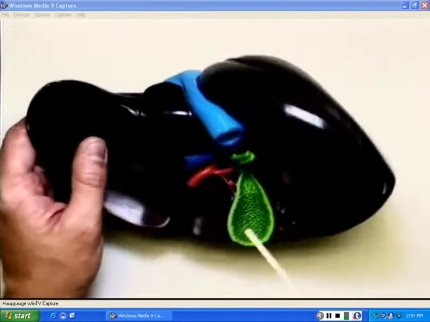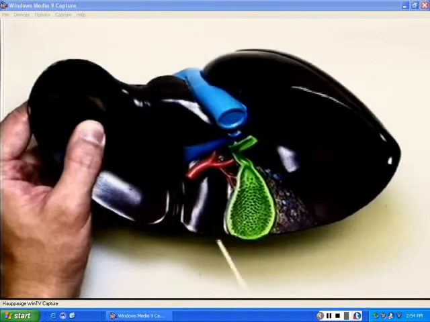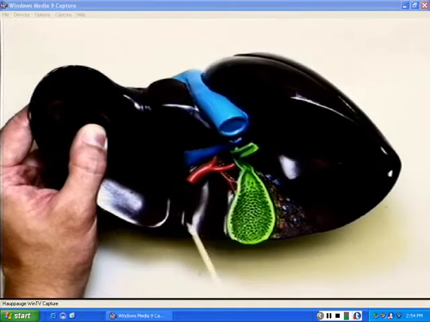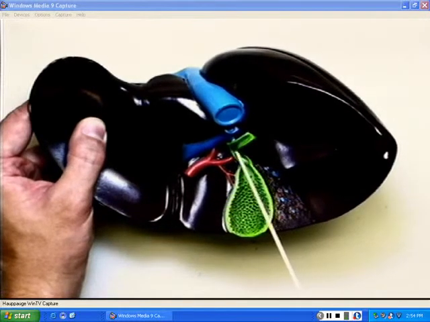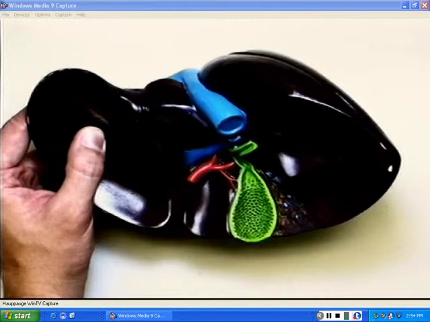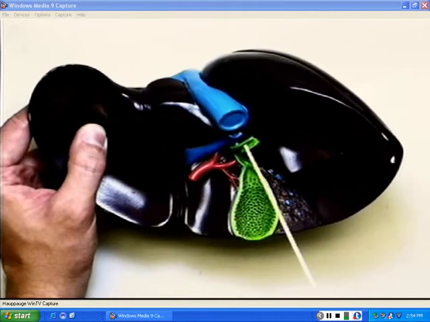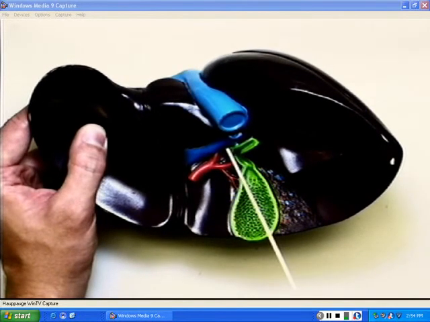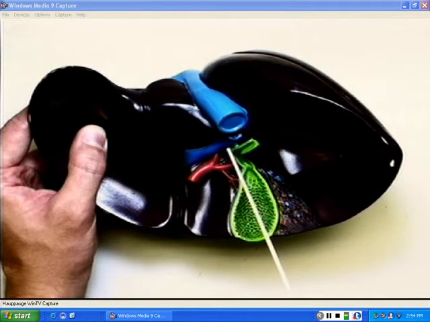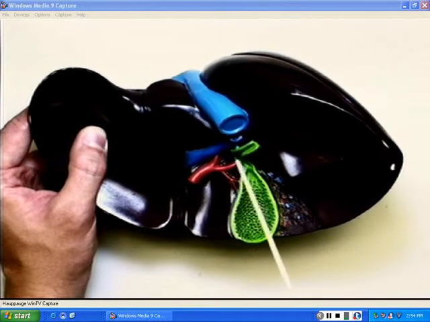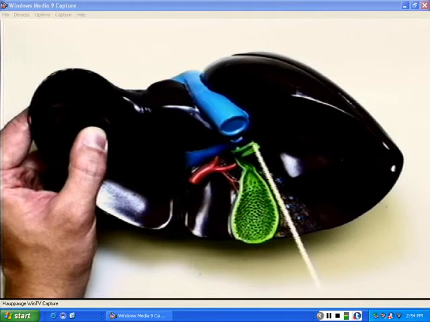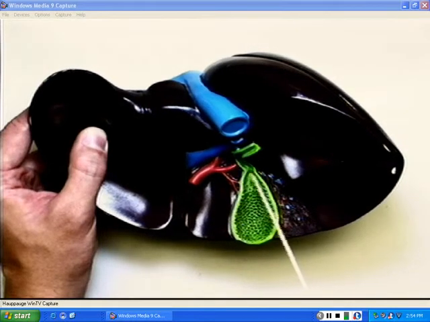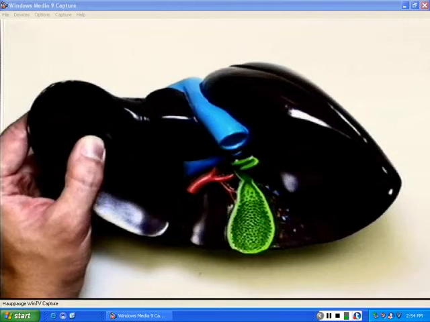Now, posteriorly on this one, you can see the gallbladder here next to the caudate lobe, to the quadrate lobe, with the common bile duct coming up to the gallbladder. So if we trace this structure, we come from the common bile duct down, and we branch off one duct going in where bile is produced in the liver. If bile is not needed, it will come back, regurgitate into the bile duct, back through the common bile duct into the gallbladder. We'll reach the gallbladder,